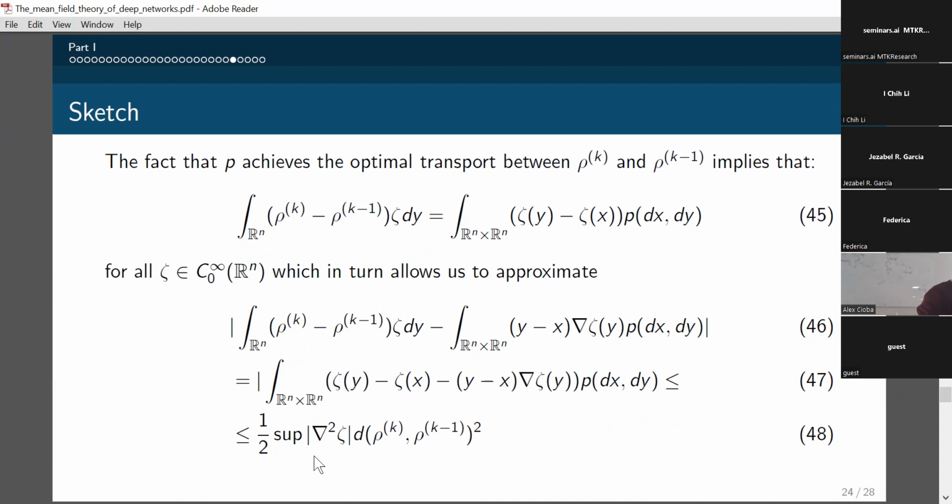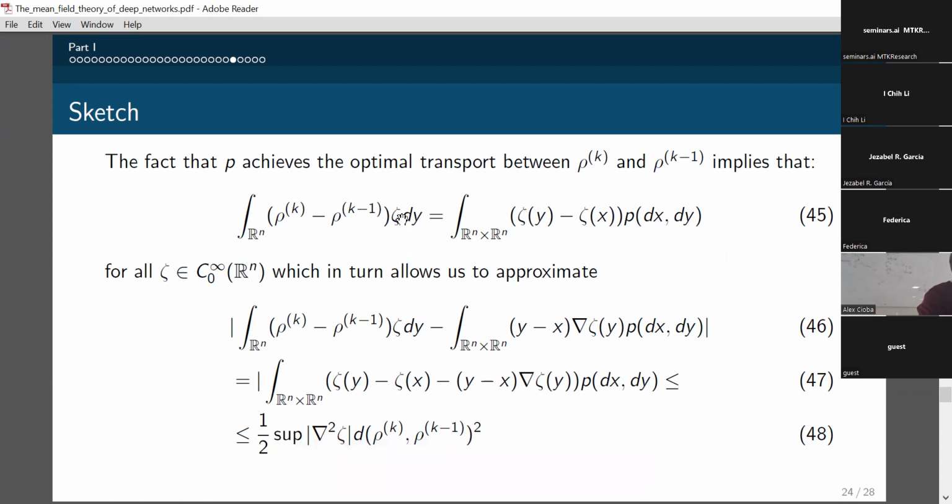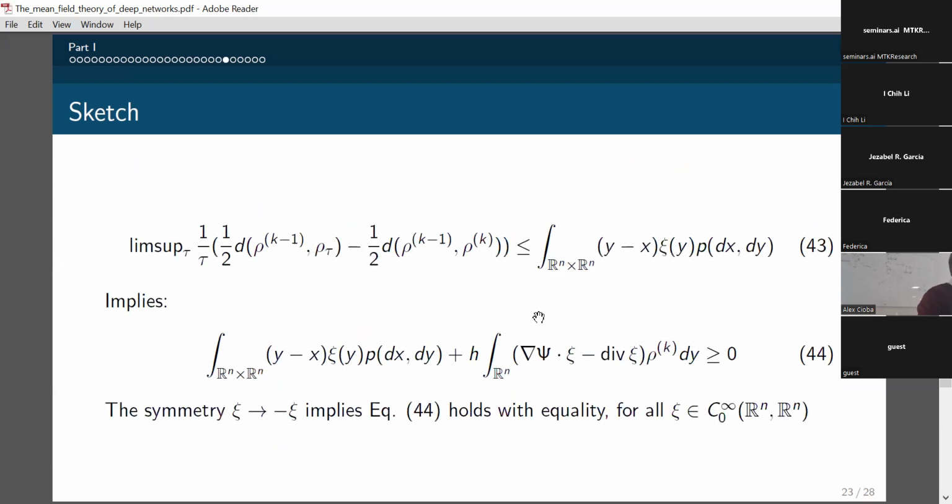So again, in order to get our hands on the difference between rho k and rho k minus 1, we again use the Wasserstein distance, which is given by P. The definition of P means that all test functions zeta integrate this way with respect to x and y, which is to say that you can in turn approximate this quantity, which is the difference between rho k and rho k minus 1 and the previous thing that we had in this